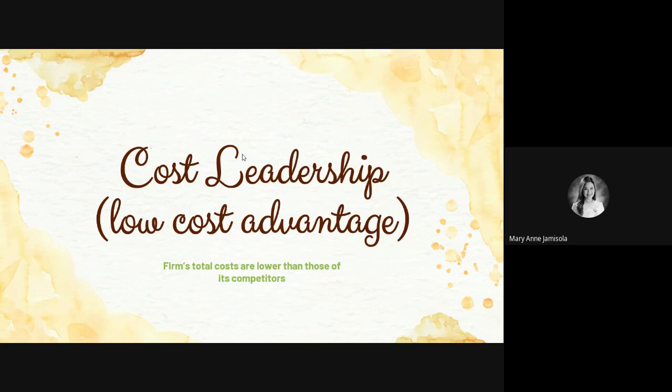We have first cost leadership, also referred to as low cost advantage. A firm enjoys a relative cost advantage if its total costs are lower than those of its competitors. This cost advantage enables a company to do one of the following. It can either charge a lower price than its competitors for its products or services in order to gain market share and still maintain current profitability, or second, it can match the price of competing products or services